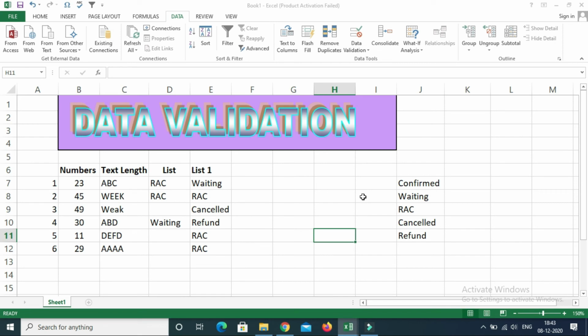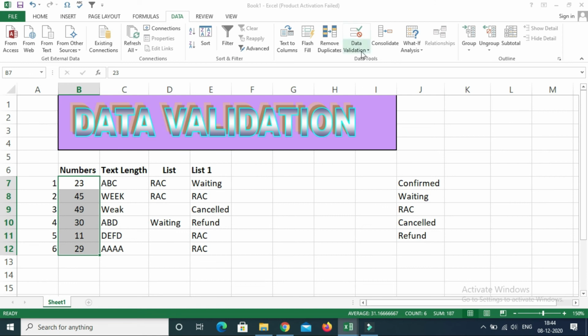Okay, the last and the most important part of the data validation is the input message. Earlier we saw there is also a part in the data validation window, that is the input message. So here in the first column, we have entered a parameter, there is a criteria, there is a condition here. What is the condition? The user should enter numbers between 1 and 50. I know this because I have created the data validation, but the user may not be aware of it. So how to make the user know about this restriction? To make them understand, you can use the input alert or input message.